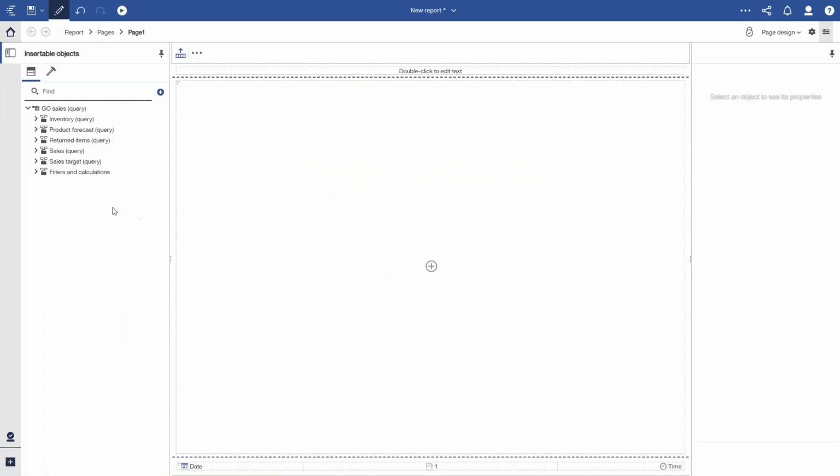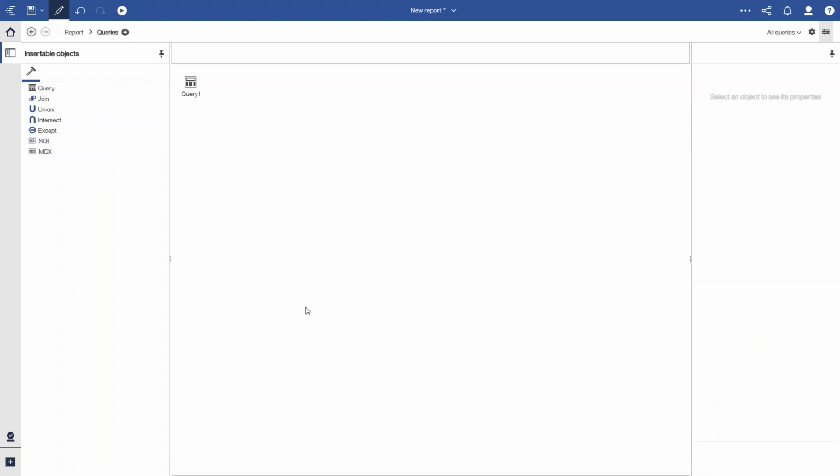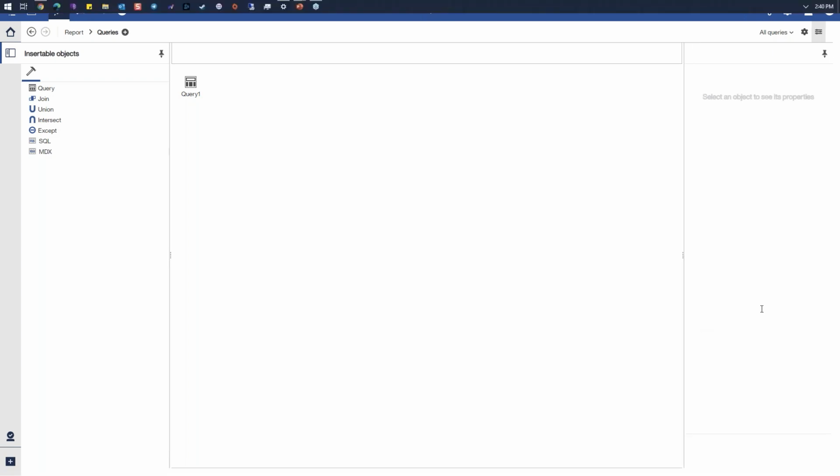Go sales query. And we're going to go ahead. I'm going to put a list on here. I'm going to go to the query level. This is where most of you probably work on a regular basis. You work here at the query level. And